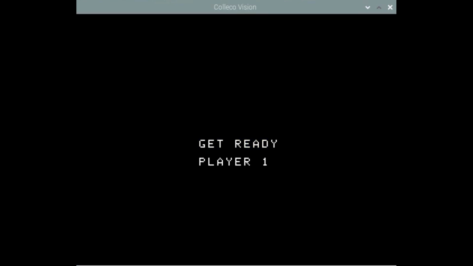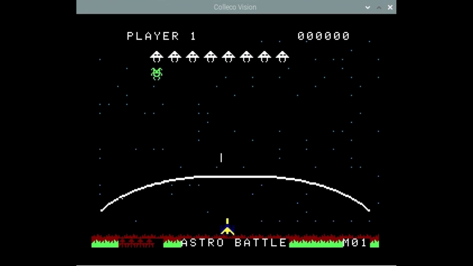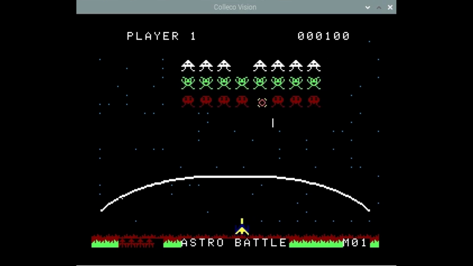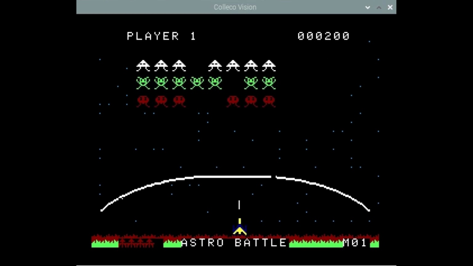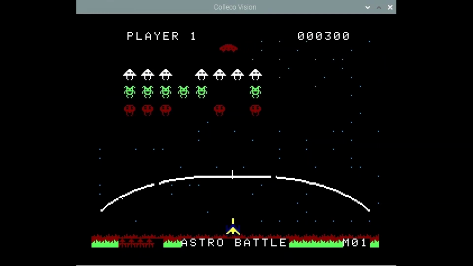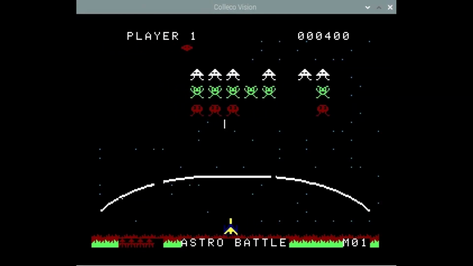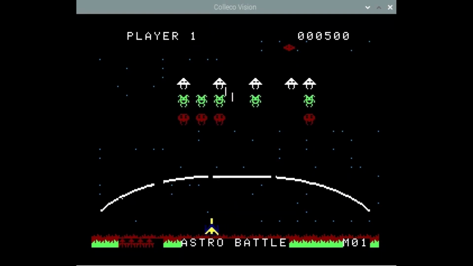So if I start a game, and to explain what graphics mode 1 is, you see the aliens across the top of the display. They're basically only one colour each, so it's got a foreground colour and background colour for each of the aliens. So that's the ability of graphics mode 1. But you notice that the actual player, the base at the bottom, is yellow and blue. That's because it's a sprite